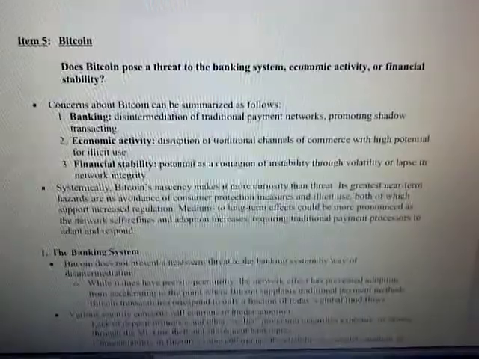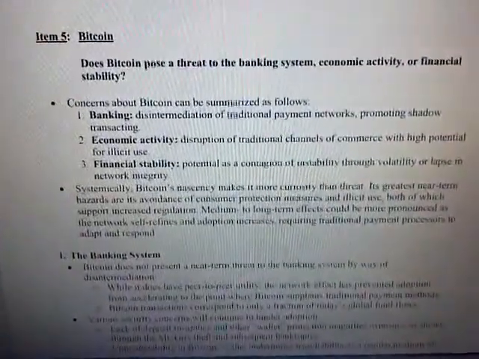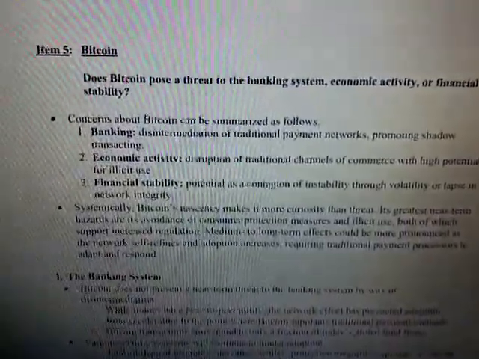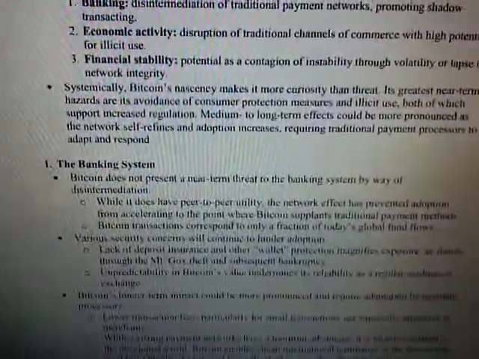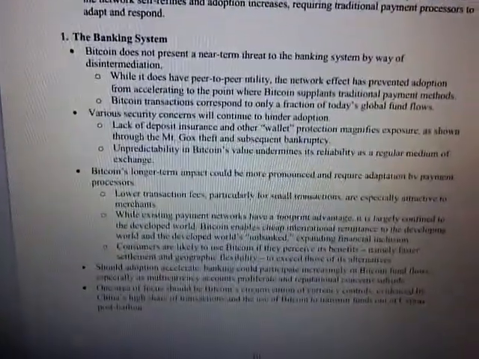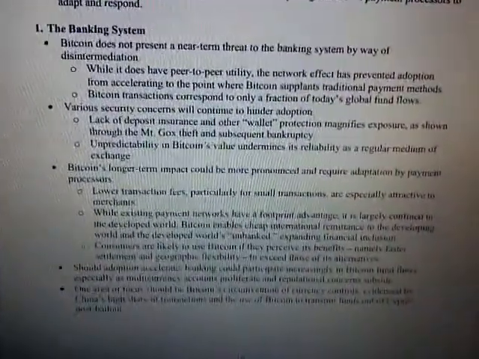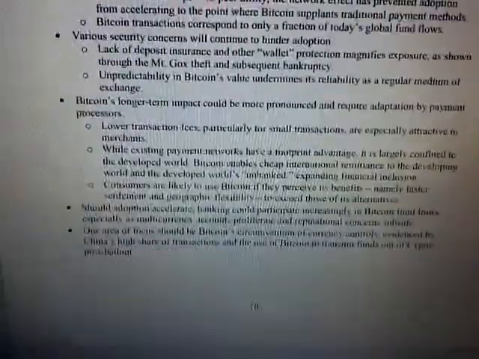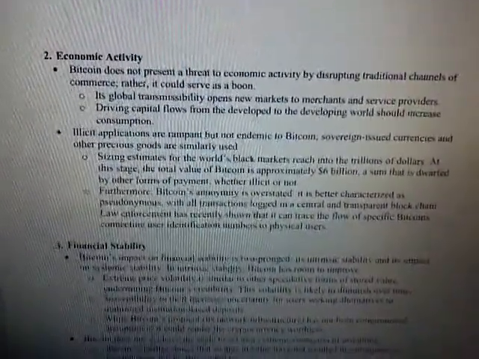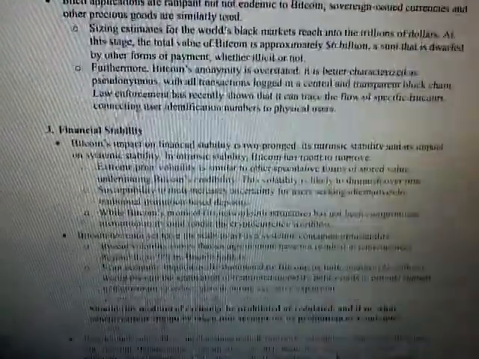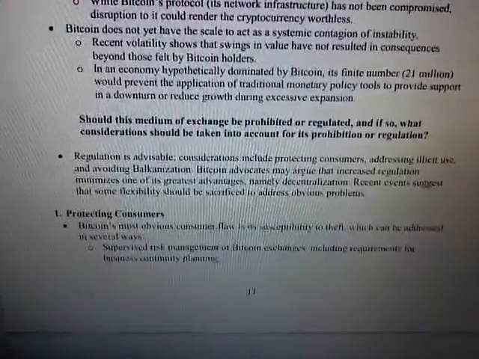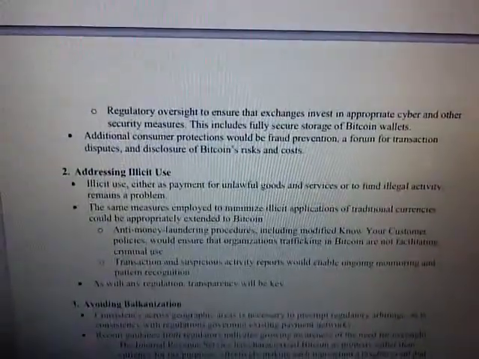Anyways, I'm a little biased if you haven't noticed. It's in here, item 5, and they talk about a lot of things, and they're really downplaying a lot of what Bitcoin has the potential of doing. And then, economic activity, blah blah blah, just your basic normal stuff. You all can read it. Where I'm going to get to is